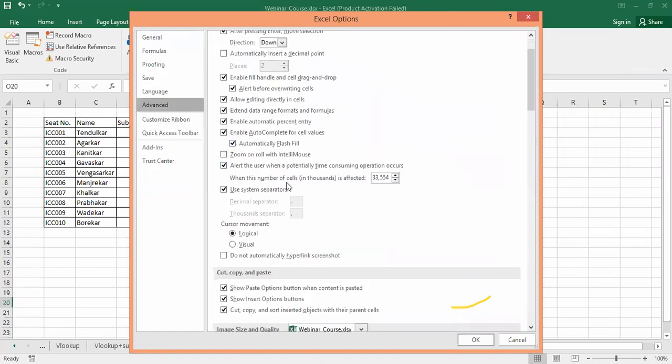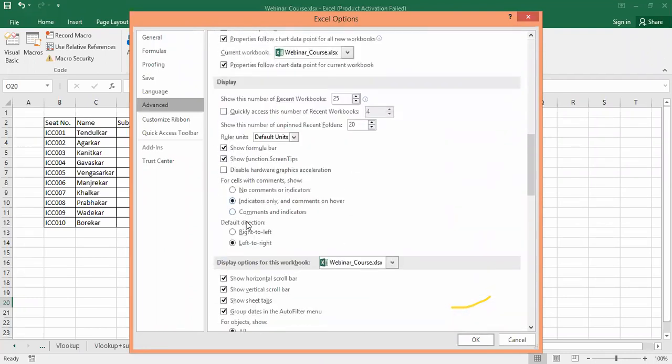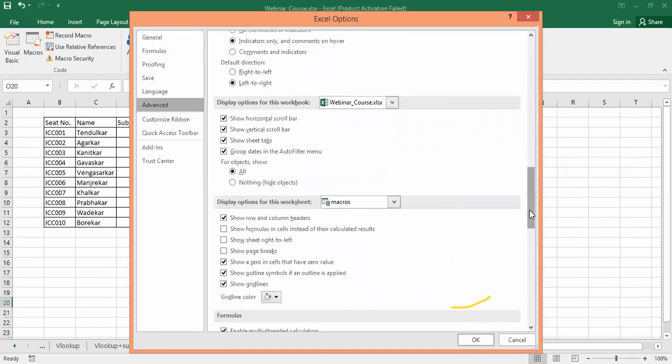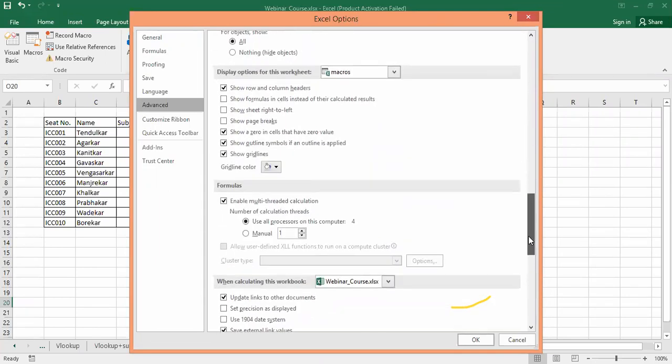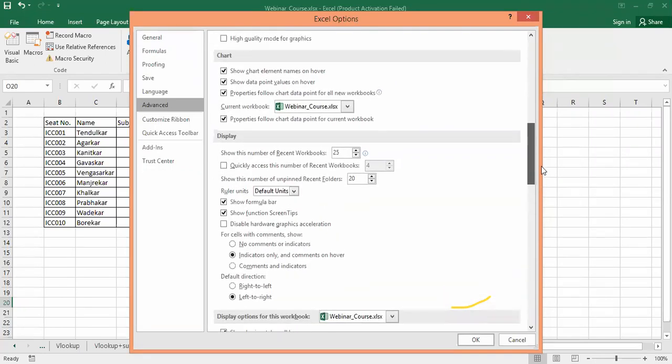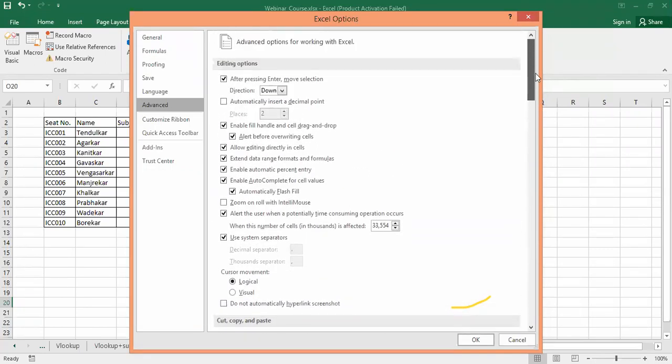Okay, so this way we can find out that, and wherever you will find that actually, because different versions have different places for this particular developer tab. So find out that and simply click on that.